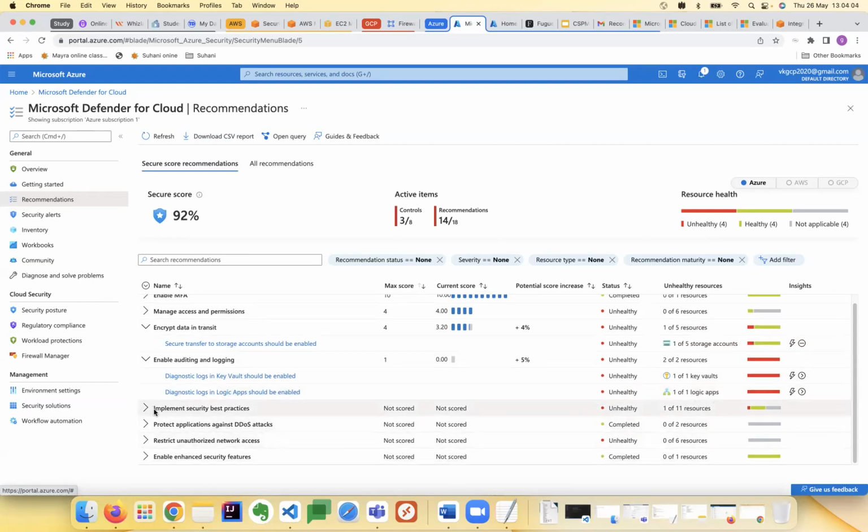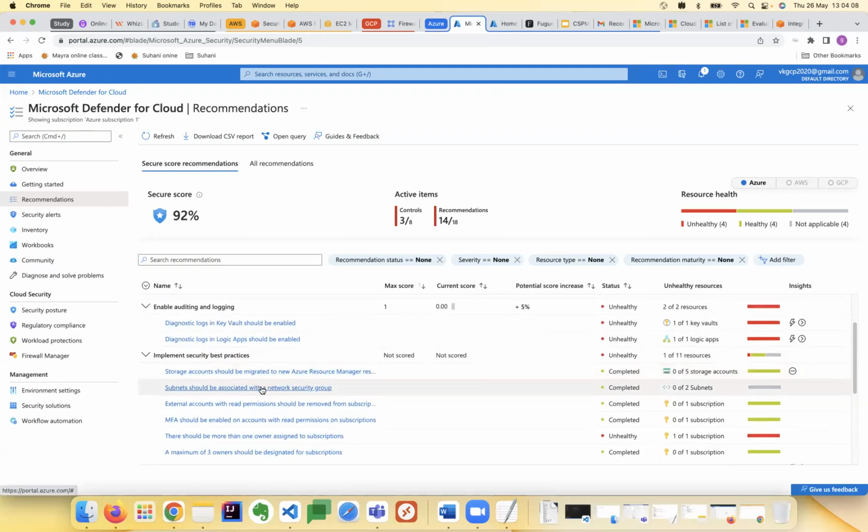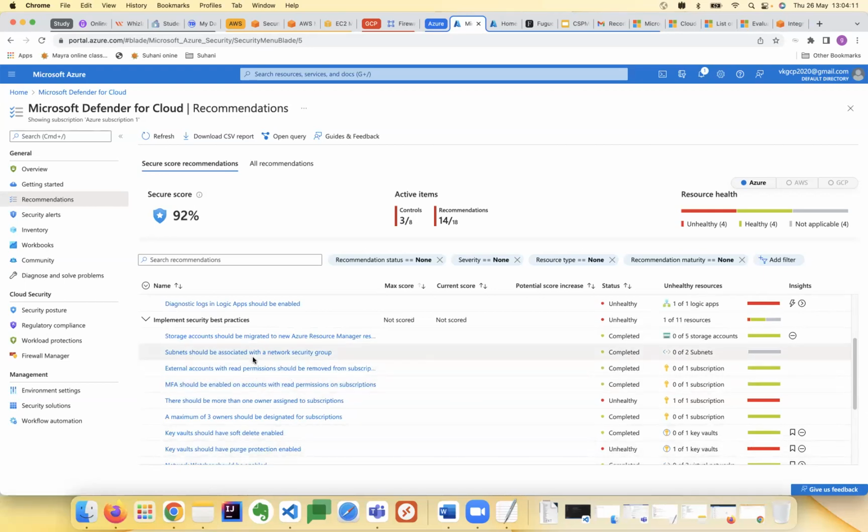And there is one more unhealthy resource: implement best security practices. It is telling that all the subnets should have their associated network security group, and external accounts with read